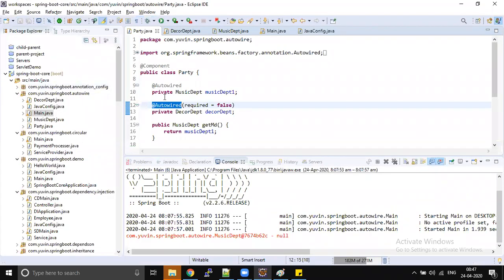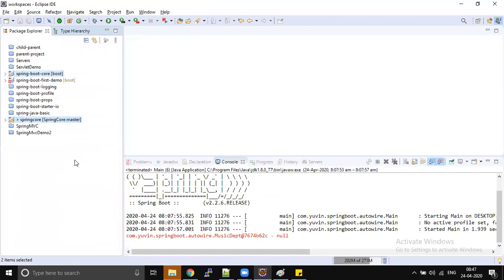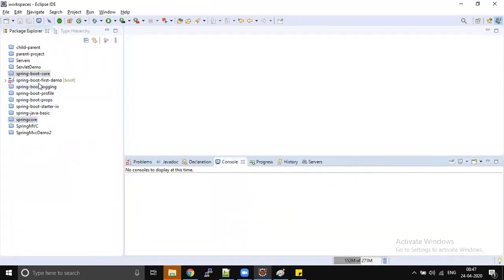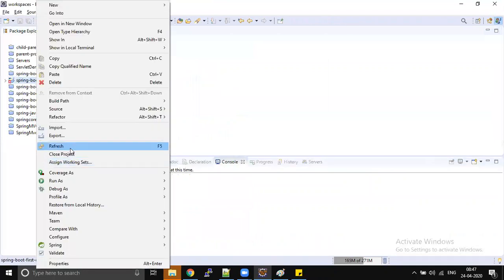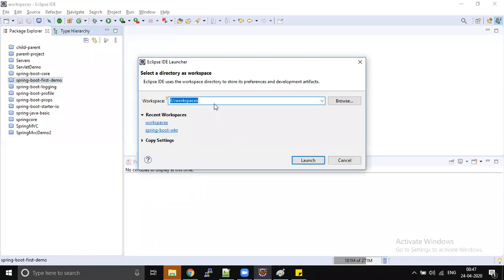So we'll see one example. I hope everybody is familiar with Eclipse, right? I'm directly going to create a new project in Eclipse. Let me know if you have any complexities using this.